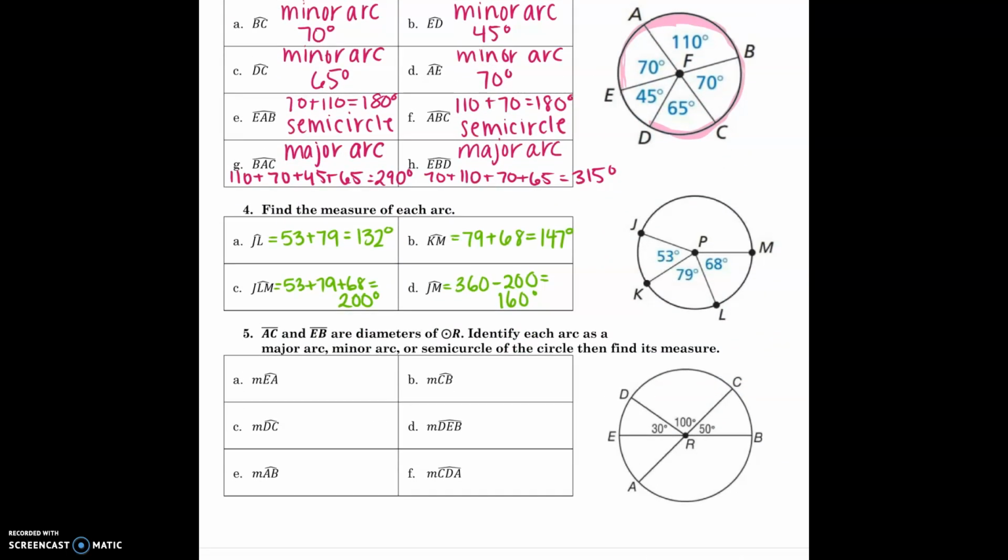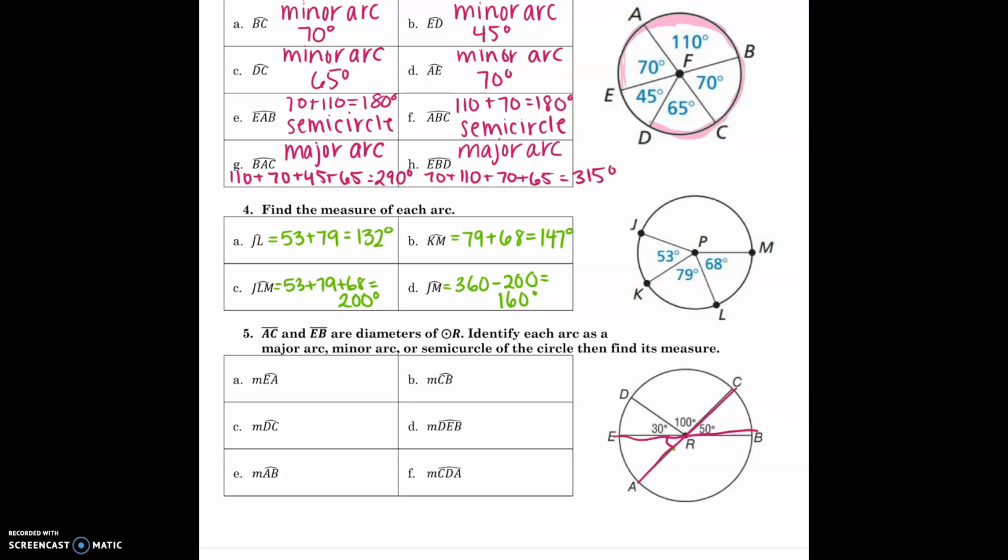So it tells us that AC and EB are diameters of the circle. We're going to identify each arc and then find its measure. So before we start, I think it's most important that we find all of our missing central angles. So we have to find angle ARE